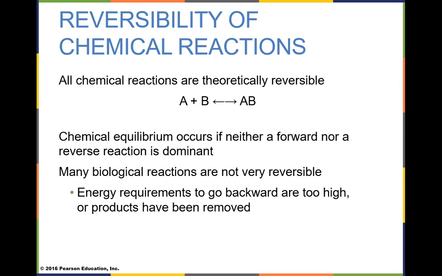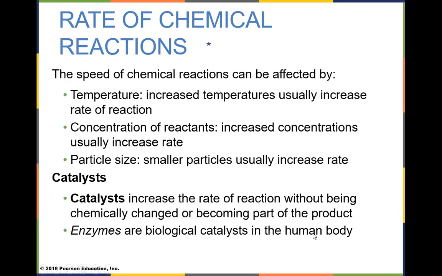If we break down sugar and release energy from that sugar, and we end up with carbon dioxide and water and ATP molecules, that energy's been used. And we breathe out the CO2 and we breathe out the water vapor. So the reactants are gone. Chemical reactions in our bodies are generally not reversible because we've gotten rid of the products already. We've used them up. So for us, a chemical reaction isn't reversible.